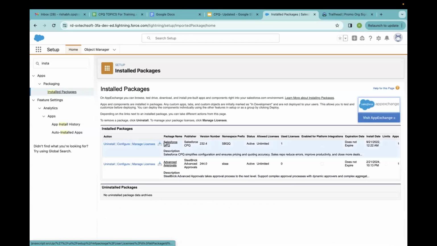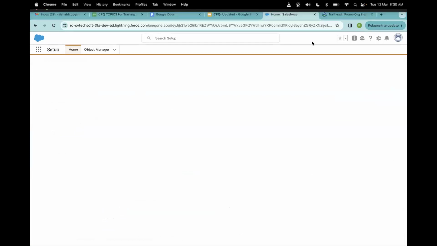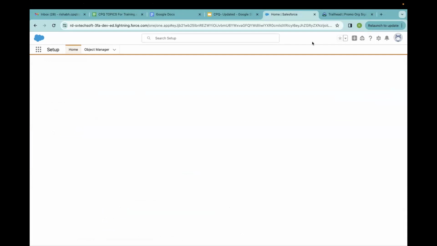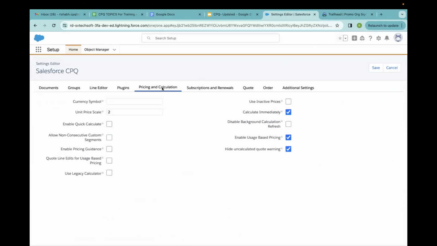From the installed packages, I'll find Salesforce CPQ. I'll click on Configure. Then I'll go to the Pricing and Calculation tab, and then as per the document, I should be getting